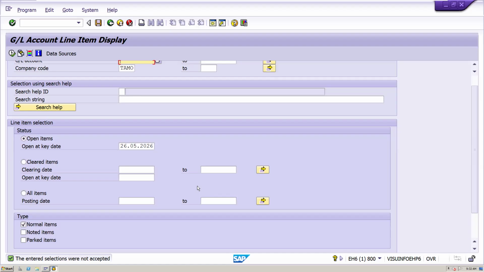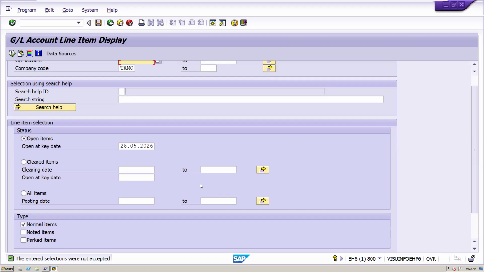So what are noted items? A noted item means the transaction is posted, but it is not reflected as any financial transaction in the accounting books or accounting records. The kinds of transactions we can treat as noted items are advance requests, such as a customer advance request or a vendor advance request.